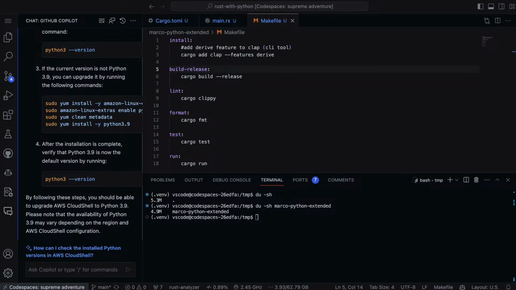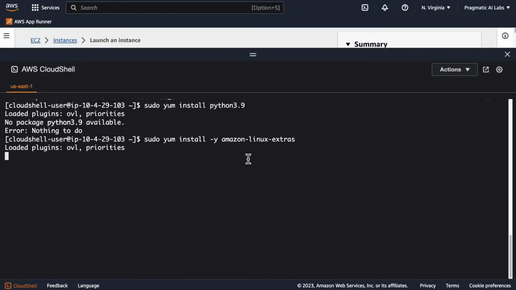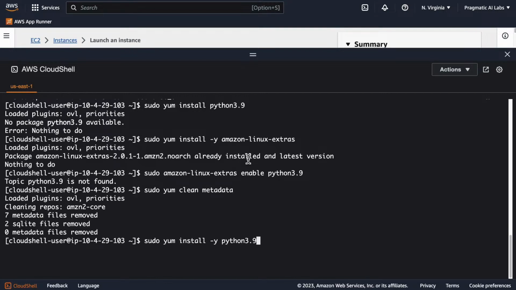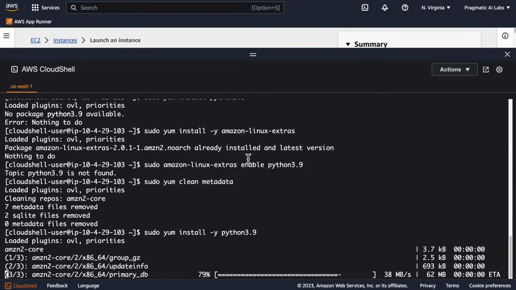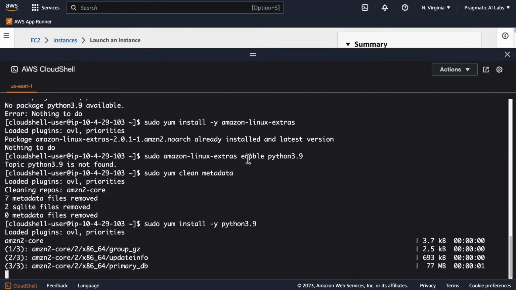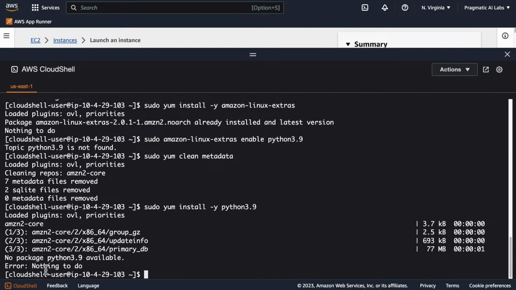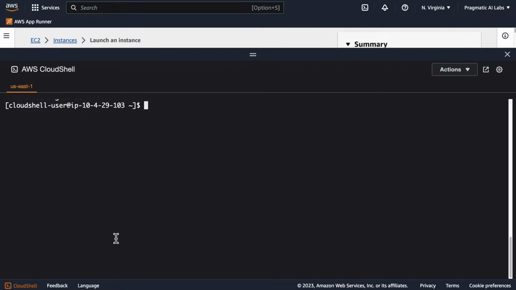Let's go here and maybe this works. I guess you had to install Amazon Linux X. No, there's no Python 3.9 available. So that, I guess that would be one of the downsides, is that when you start putting Python in, then things become more fragile because now you're dependent on the specific version of Python, which is a little bit annoying